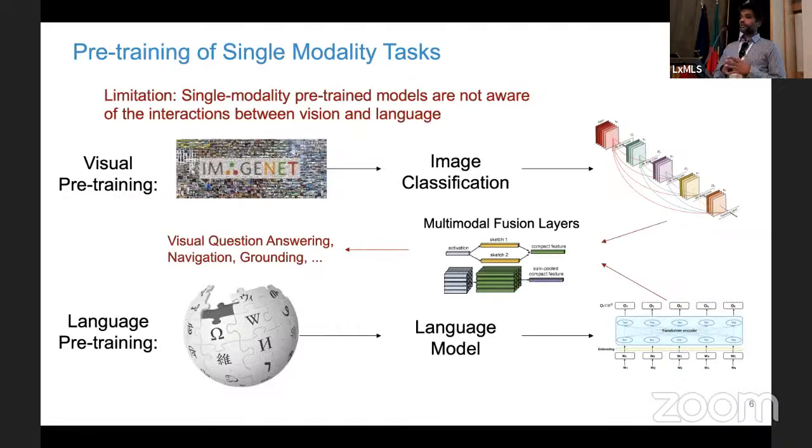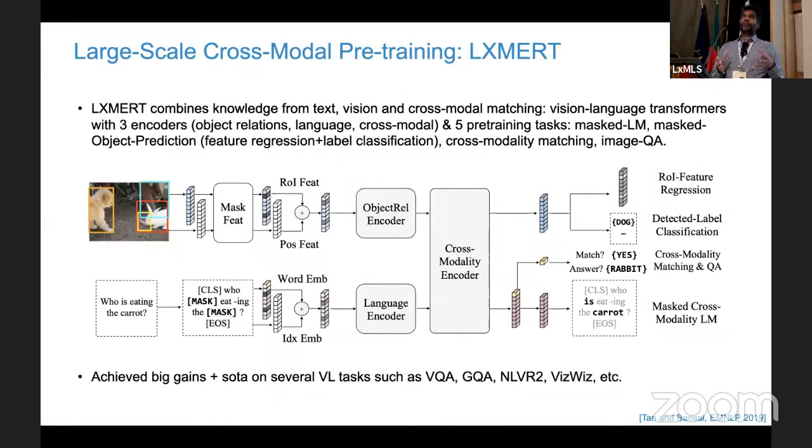The motivation I'm trying to give here is that if you have these separate, independent pre-training of single modalities, then if you want to do multimodal tasks that naturally need you to learn correlations, connections and alignment between multiple modalities, the early ways to do this you would have an independent visual pre-training pipeline and an independent language pre-training pipeline, and then you would try to do a post-hoc late fusion kind of multimodal fusion layers. And then use that for your visual question answering, visual navigation, visual grounding kinds of VL tasks. Obviously that's not ideal because you would rather have the model inherently from the very beginning understand, or force it to understand and learn relationships between the modalities.